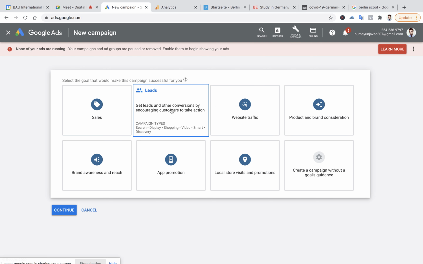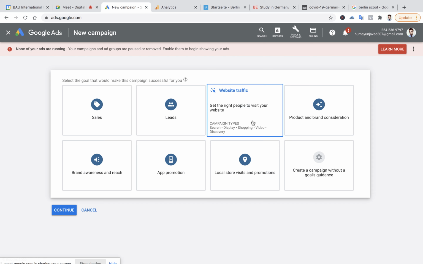Even with the leads, it's not right. Indirectly, leads is also going in the same direction, but it's not, let's say, a very proper way. The proper way is website traffic. You get the traffic that you want, and then you get your pool filled up with, let's say, 5,000 people, and then you